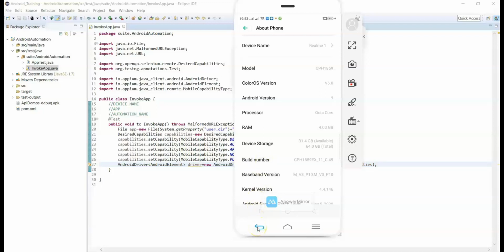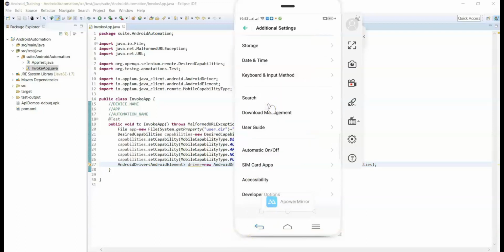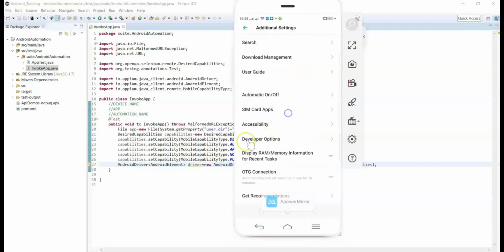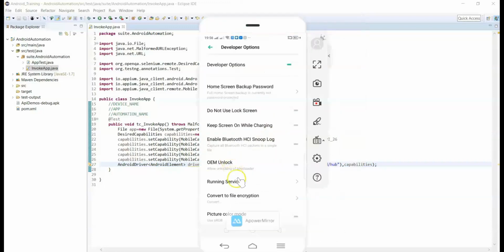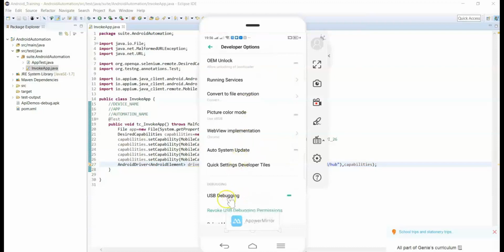Now go back and then click on additional settings, and then you can see here developer options. So tap on developer options. Now enable USB debugging. By default it will be unchecked, so you need to enable this USB debugging, and then you will get a pop-up.